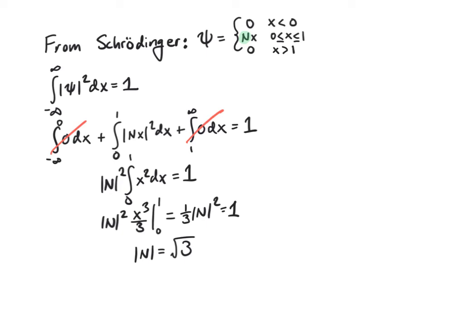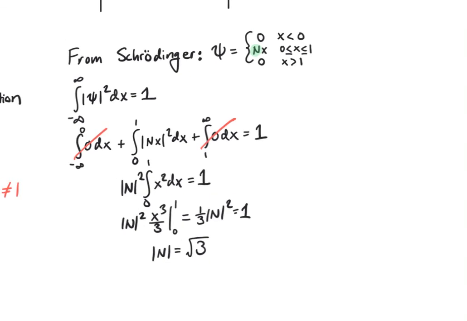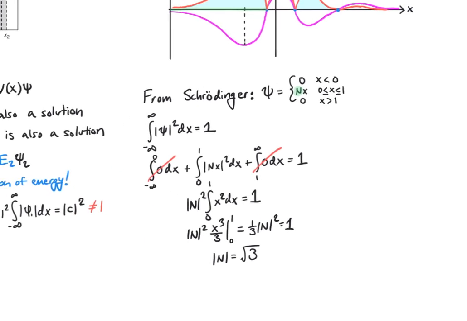And since n is an overall phase of our wave function, it doesn't really matter whether we make it real or imaginary or complex valued as long as it has the appropriate magnitude. There are some occasions where that's not necessarily true. There are other conditions that restrict the phase of n, but in this case, it's nice and simple. We're going to stop here, but one thing that I do want to